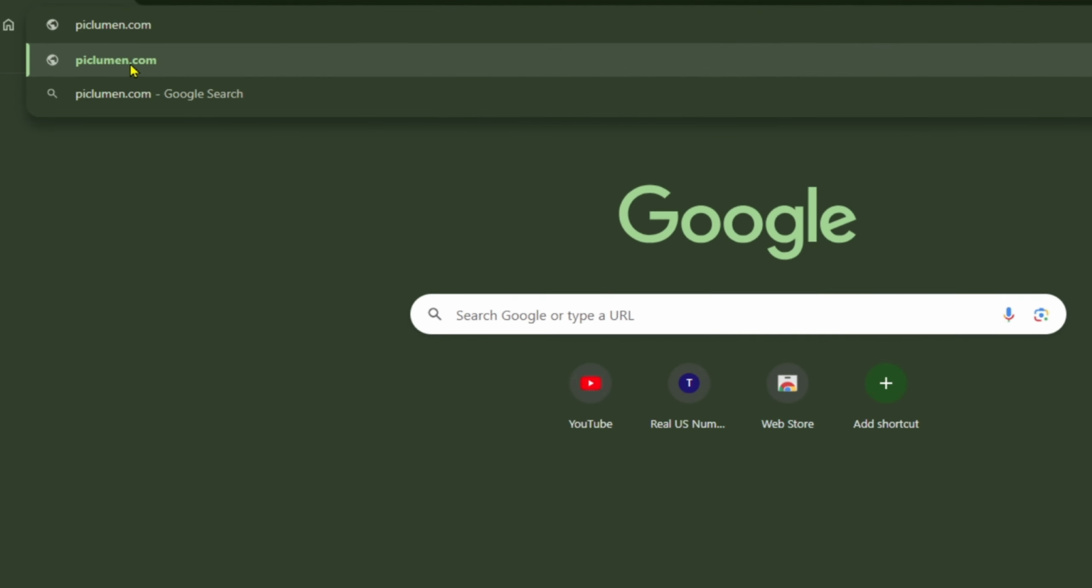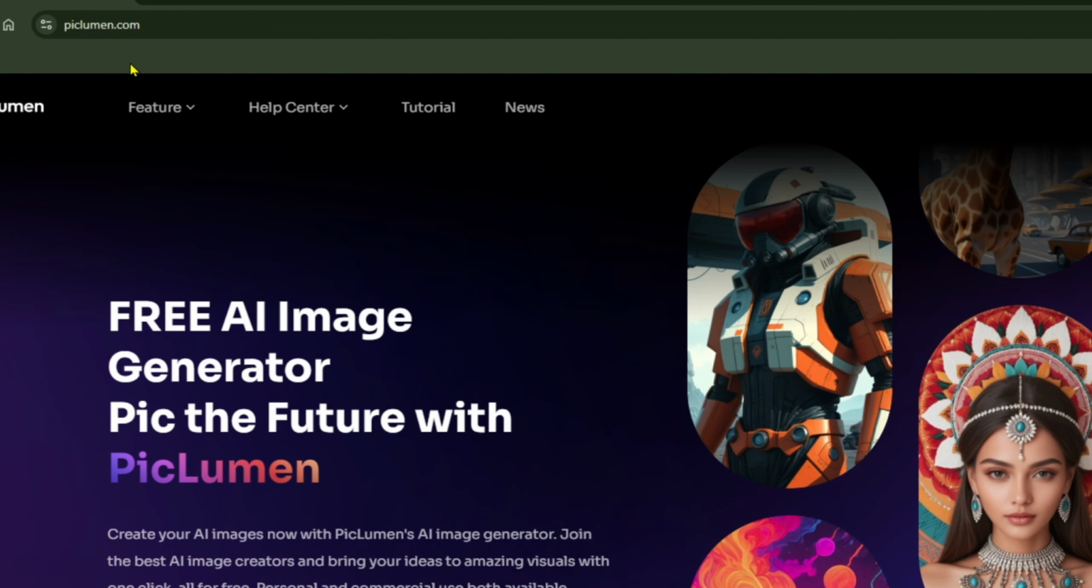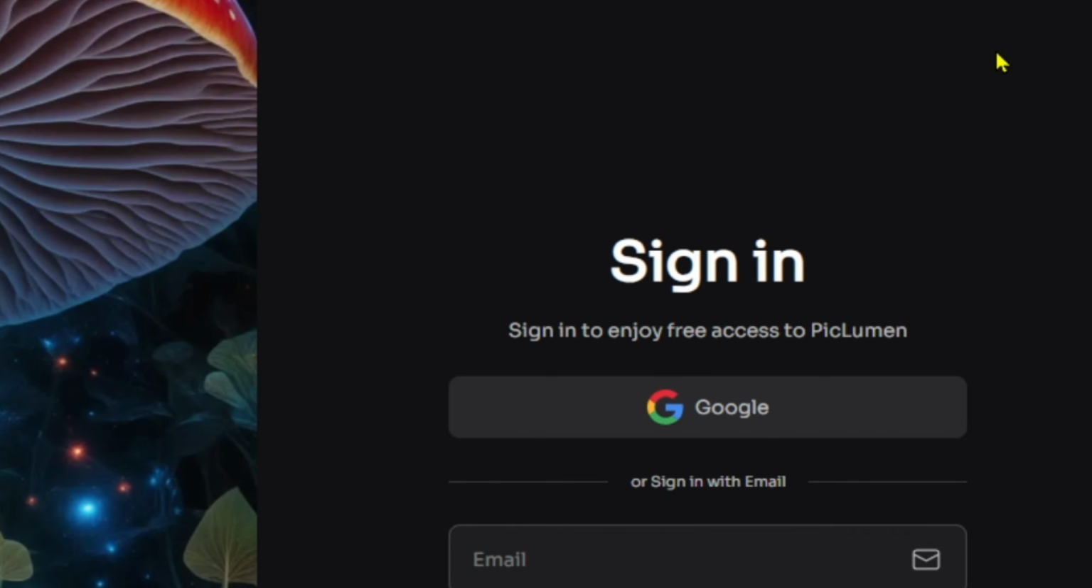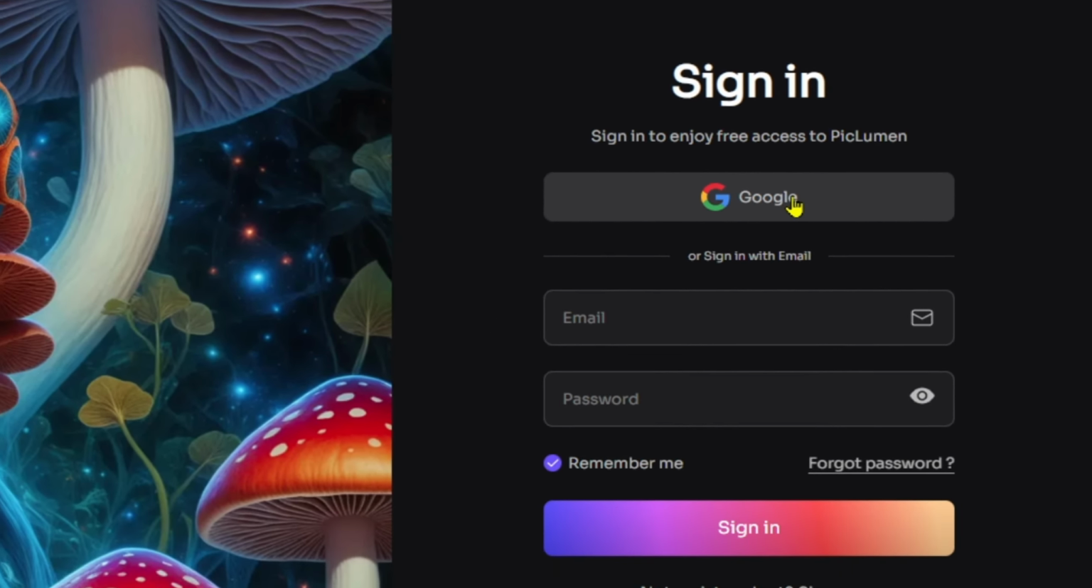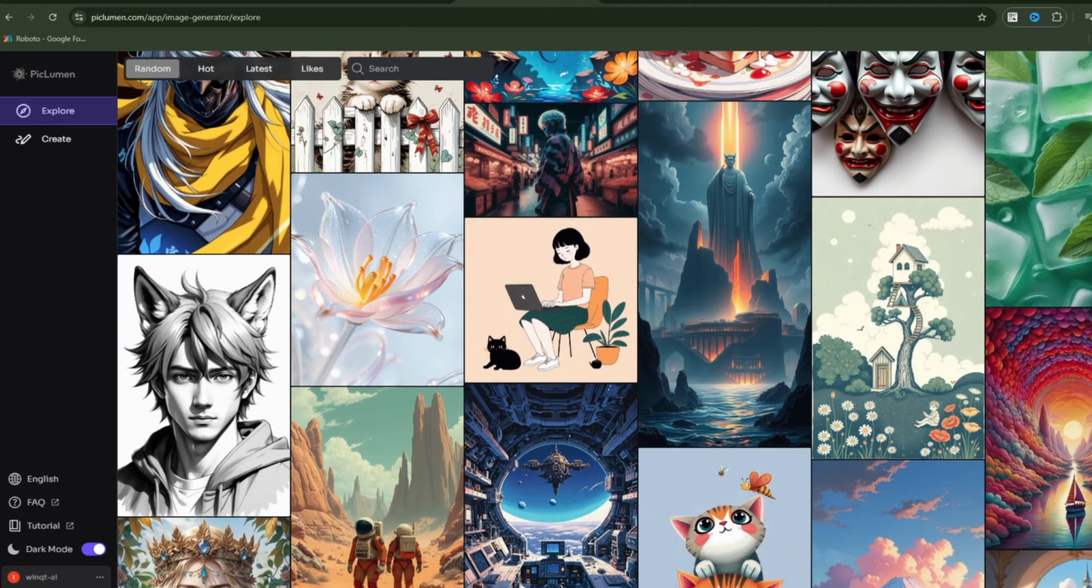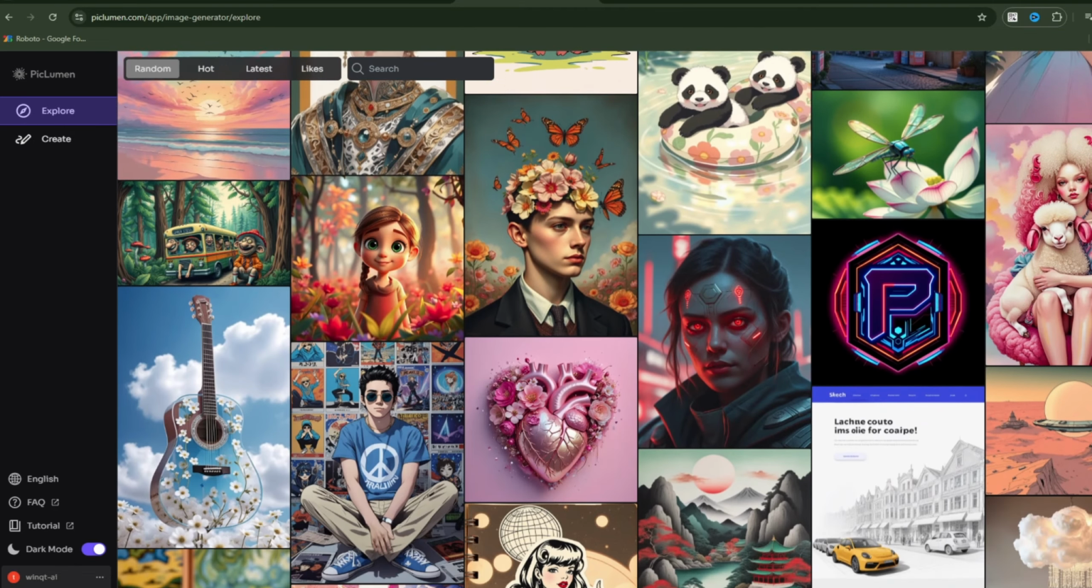First, go to the PicLumen AI Art Generator website to get started and create an account. Click on the Launch App button at the top right corner of the website. On the login page, you can either create an account using your personal email or sign in using a Google account. Once logged in, you'll be taken to the Explore page, which is a collection of images generated by PicLumen